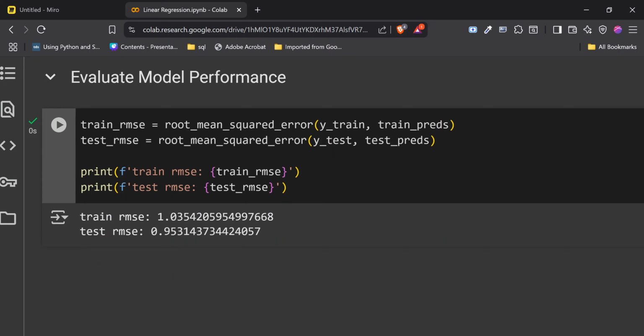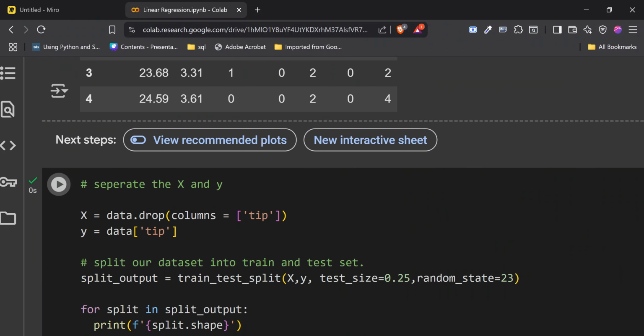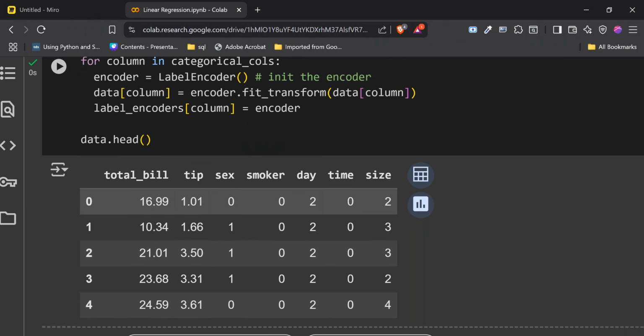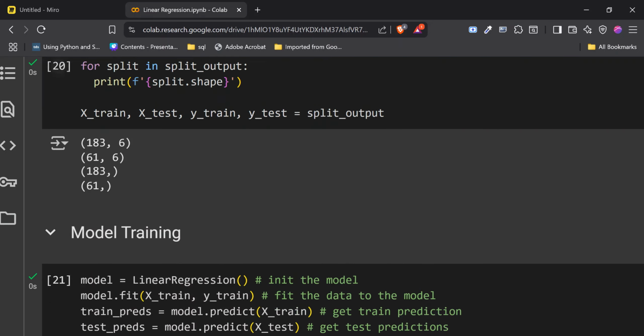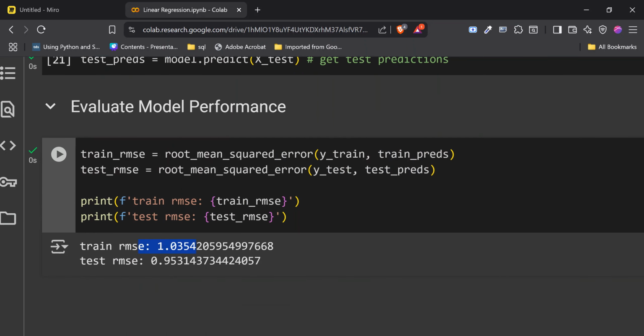0.95. So it means the tips that we are predicting on the train set, the model is making an error of 1.03, while on the test set it is making an error of 0.95. Meaning that, like I mentioned at the start of the lesson, regression is actually a minimization problem.